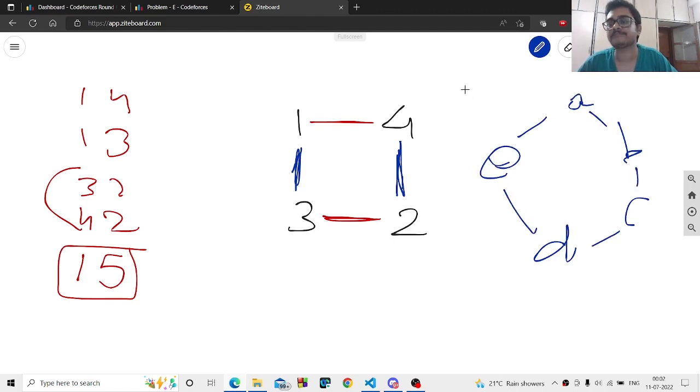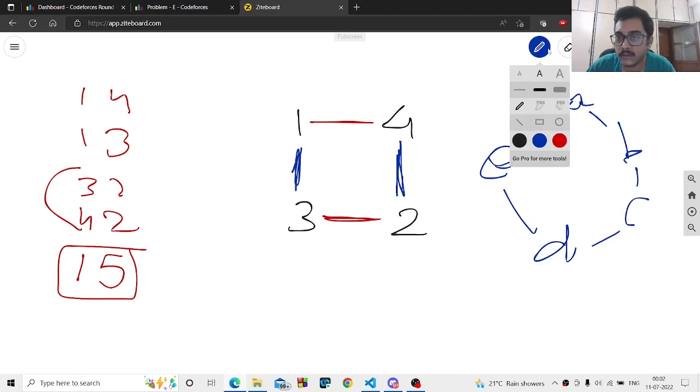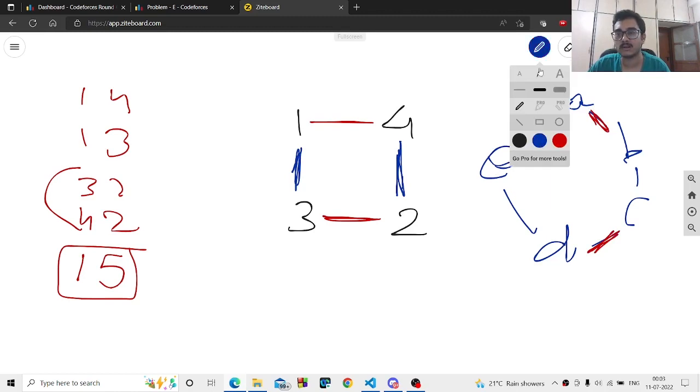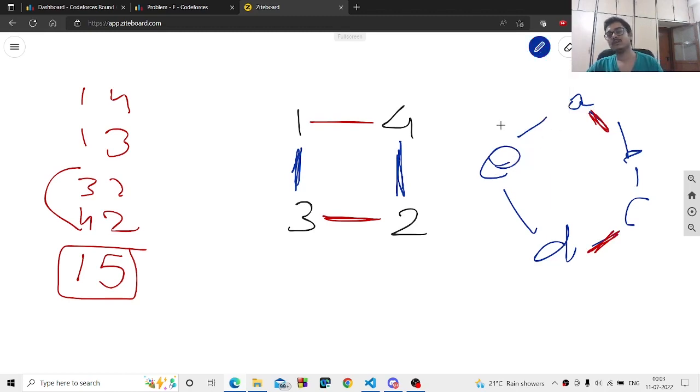This is A. So these will be of alternate colors, right? I am coloring with alternate colors. So this will be red, this will be red. I can see that this will be of two colors. There have to be two consecutive edges of the same color if there is an odd cycle. So if these two consecutive edges of the same cycle have the same color, that means they have to be in